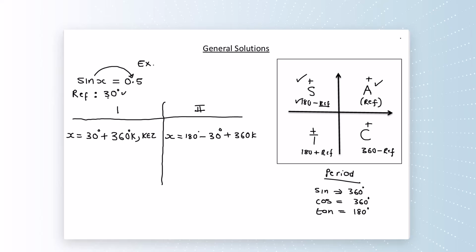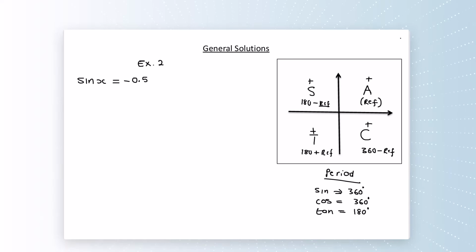I hope you're starting to get the idea, right? It will make more sense as we do more examples. So 180 minus 30 is going to be 150 degrees plus 360k. And you're done. You don't have to write k element of integers again. You've already told them that. So that's your general solution for sine x equals